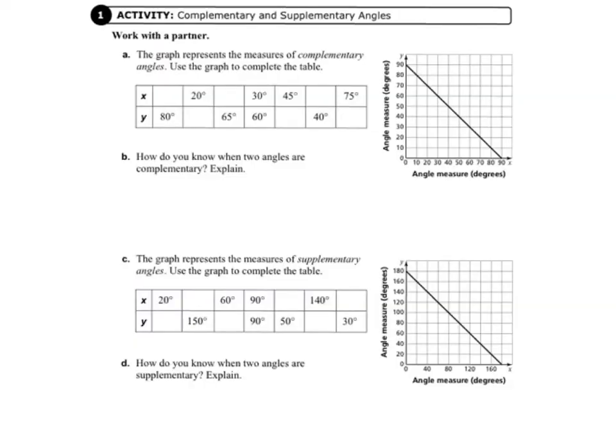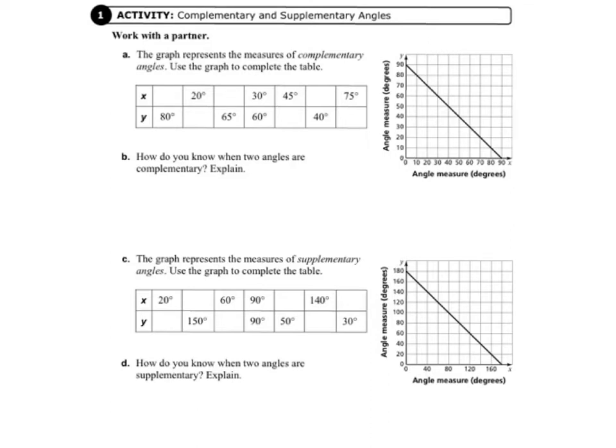Activity 1, complementary and supplementary angles. The graph represents the measures of complementary angles. Use the graph to complete the table. So let's look at the graph, and if we look carefully, we can see that everything on the graph adds up to 90 degrees. So we're going to fill in the chart with the corresponding numbers that would make